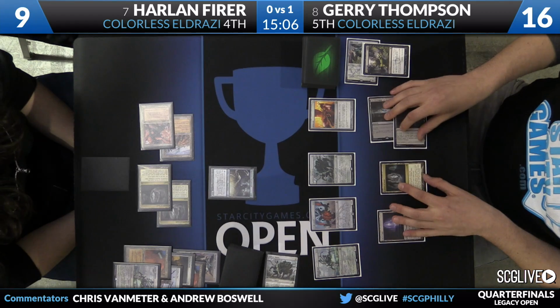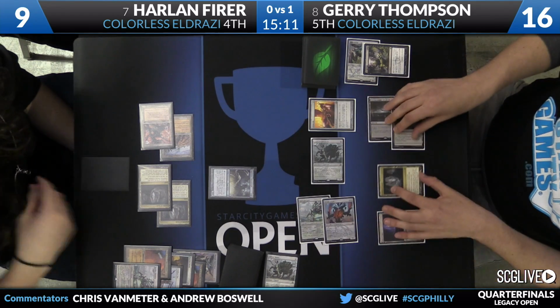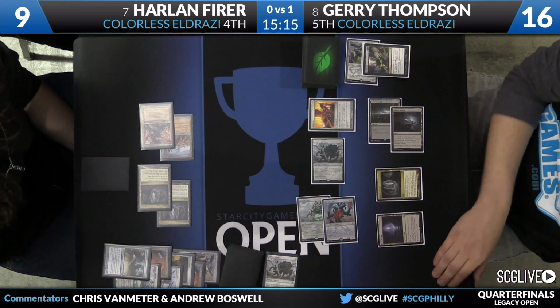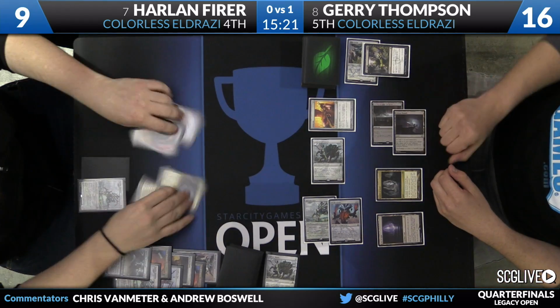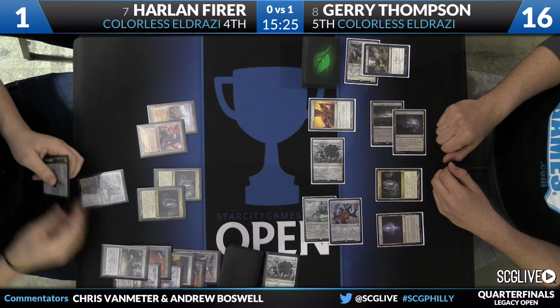Ugh. And even though he has a copy of Matter Reshaper, Gerry just picked up a copy of Reality Smasher, which is going to enter the battlefield, trigger the Eldrazi Mimic, become a 5/5, crash in for a whole bunch. Harlan's going to take 8 and go down to 1 life. Yeah, that was pretty gross. So I think Harlan is just dead here, so